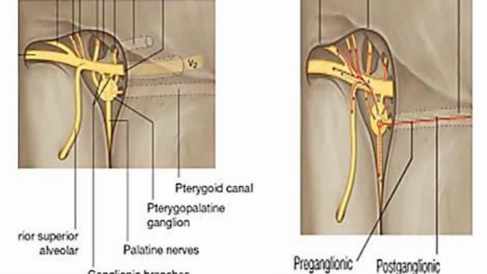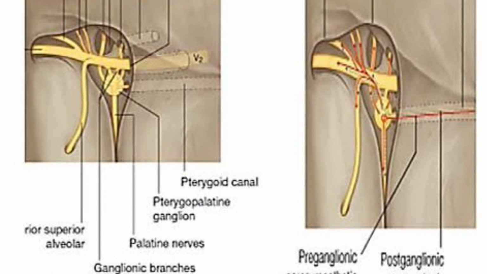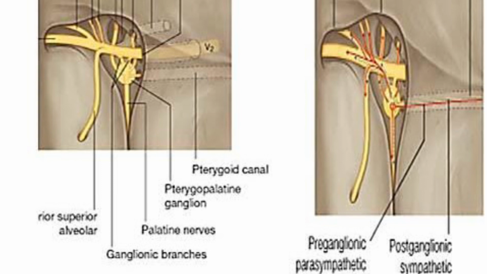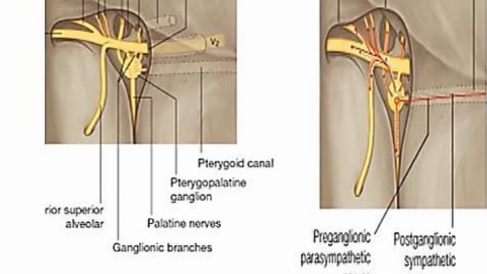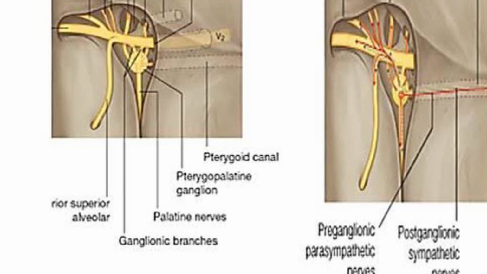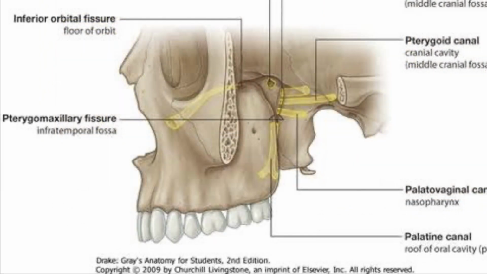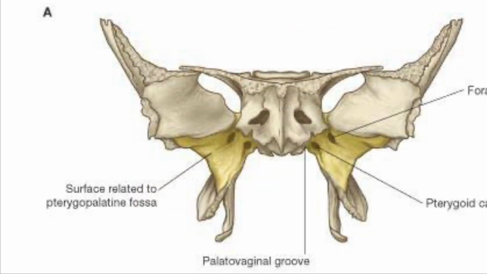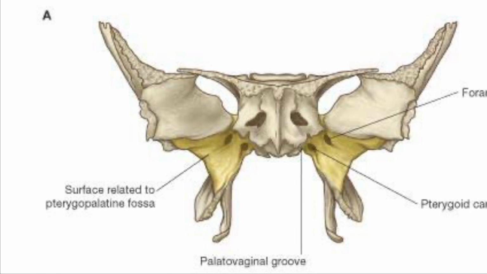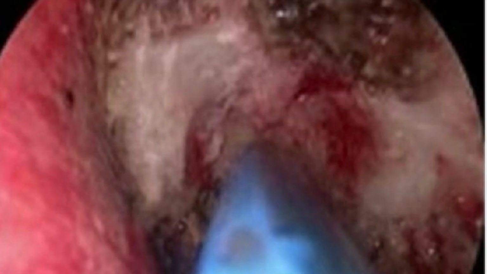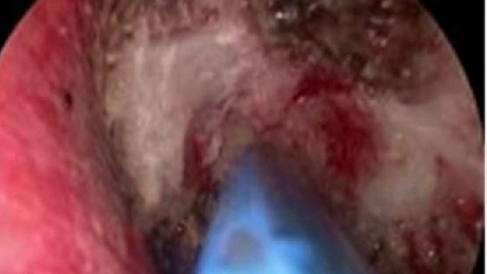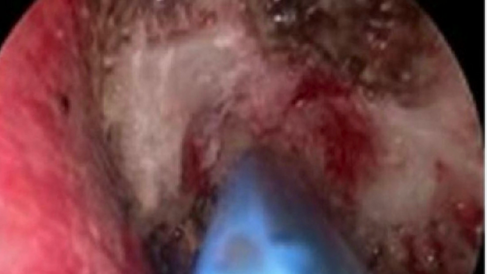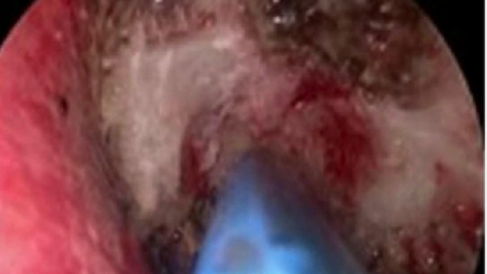Now a very special point: if you add posterior nasal neurectomy with pharyngeal neurectomy, which is coming through the palatovaginal canal, the results are better than only doing posterior nasal neurectomy. So you have to do pharyngeal neurectomy plus posterior nasal neurectomy in refractory cases of allergic rhinitis as well as vasomotor rhinitis, having an additive effect. Means this posterior nasal neurectomy plus pharyngeal neurectomy is more effective than only doing this posterior nasal